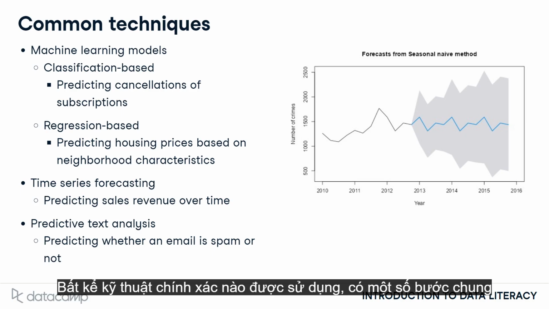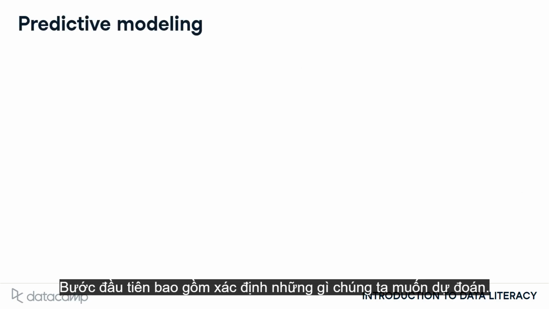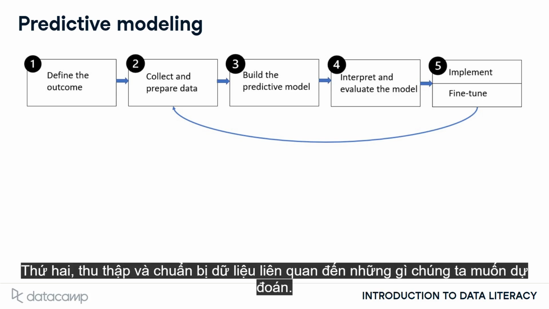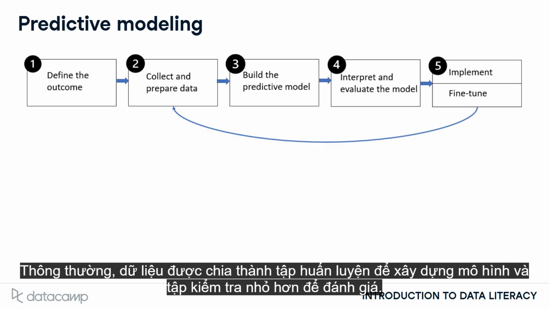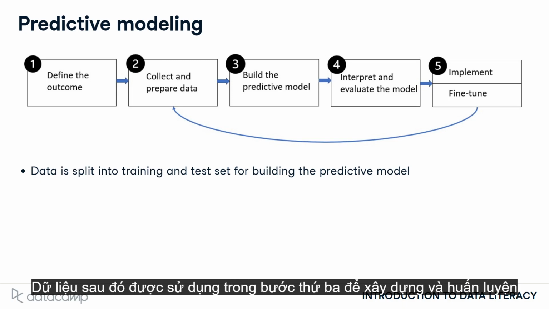Regardless of the technique used, there are some common steps all predictive models use, which we'll discuss in more detail on the following slide. The first step consists of defining what we want to predict. Second, collect and prepare the data related to what we want to predict. Typically, the data is split into a training set for building the model and a smaller test set for evaluation. The data is then used in the third step to build and train the model until it provides accurate predictions